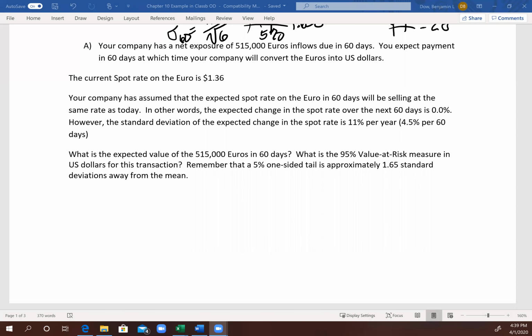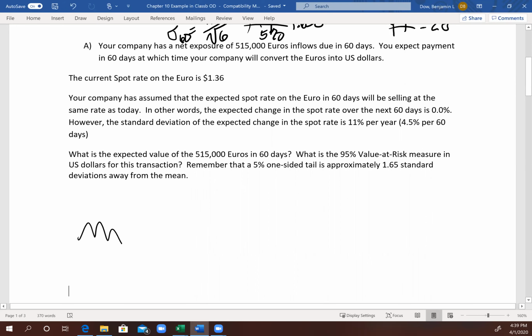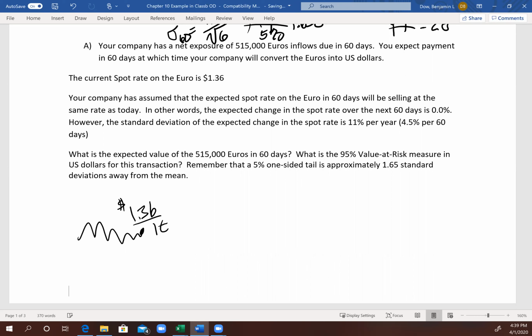All right, let me write this out for you. Here's how I would write it out, kind of. I want to know the expected value of 515,000 euros in 60 days. Right now I'm at $1.36 per euro. I'm going to go out 60 days. Since I expect there to be no change,